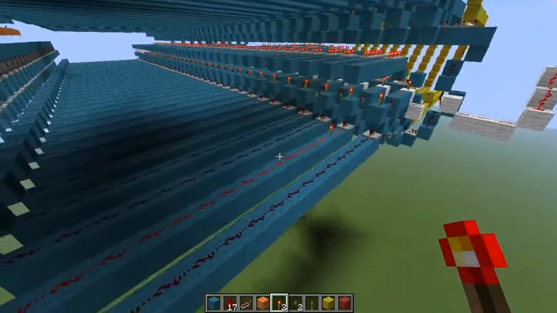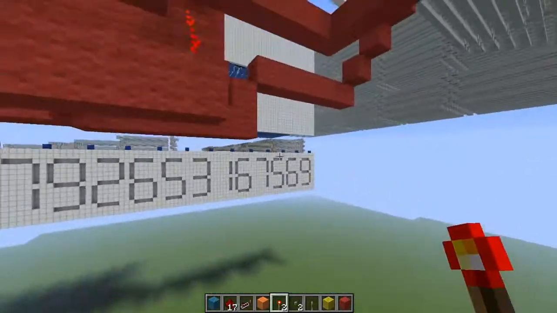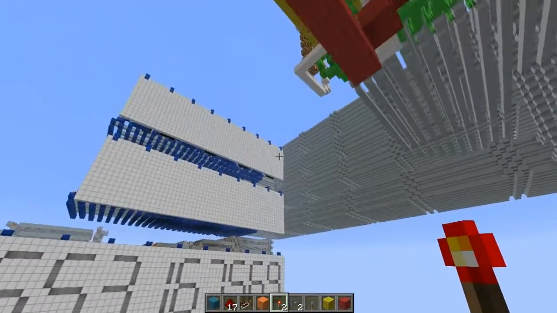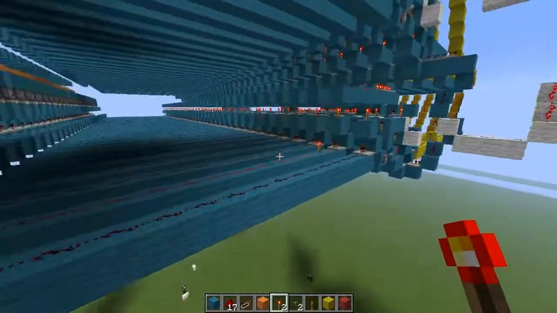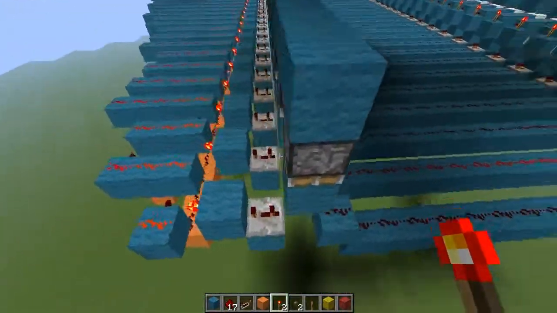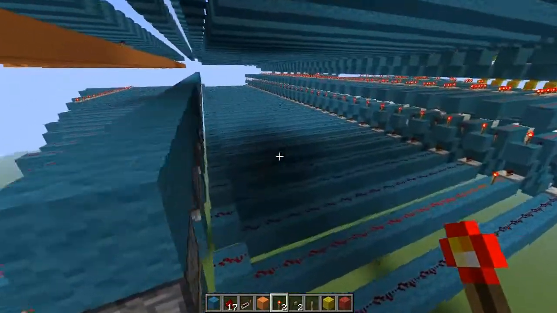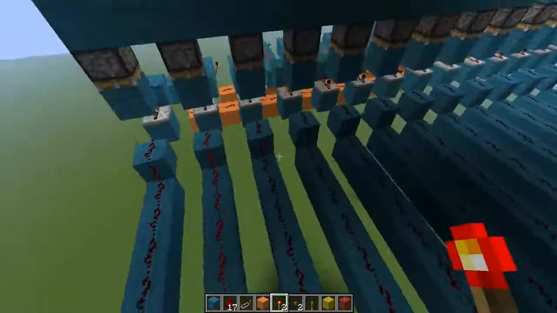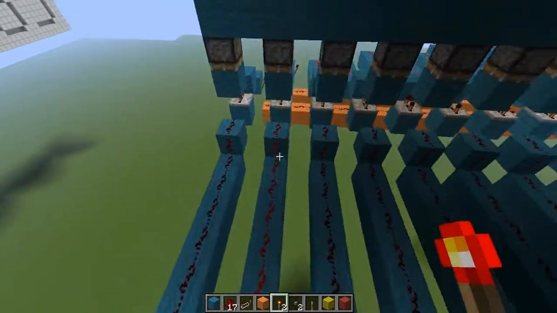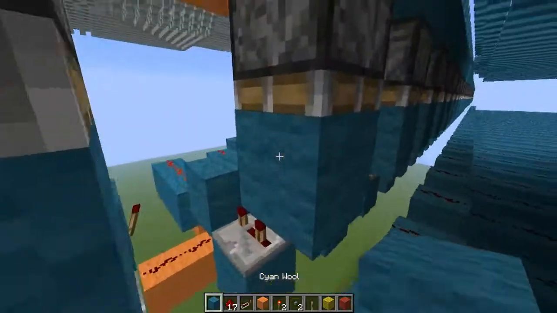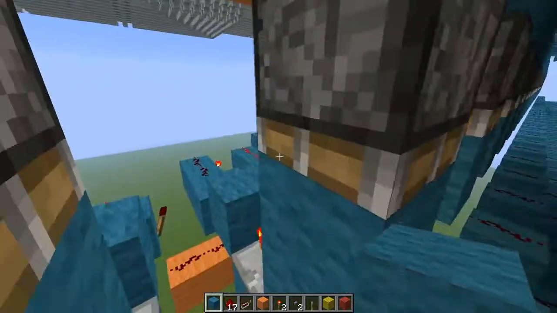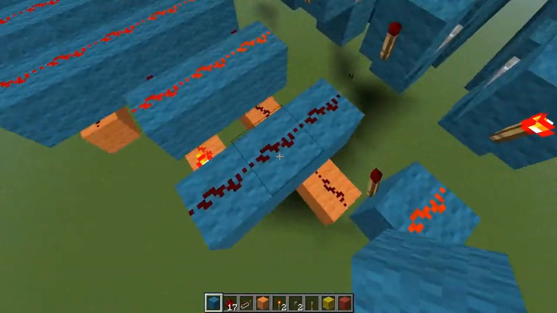So for example, if you plan to type 21 and you press the 2, the 2 doesn't get through immediately. So let's say the 2 is activated here and goes through here. It deactivates this,